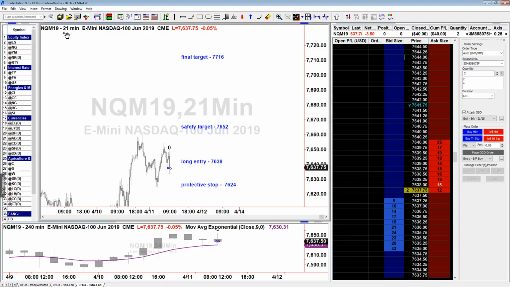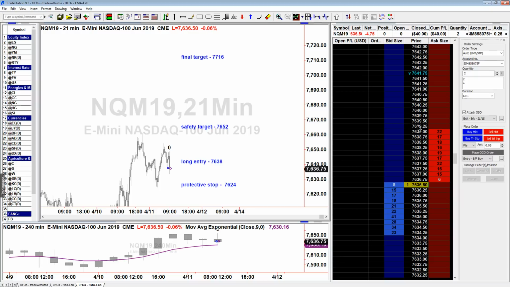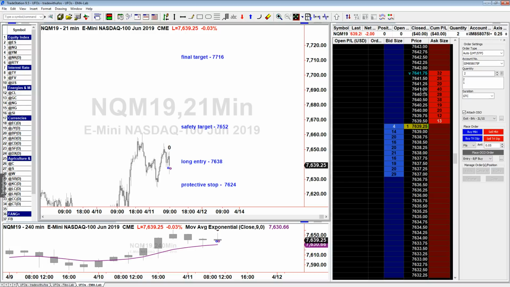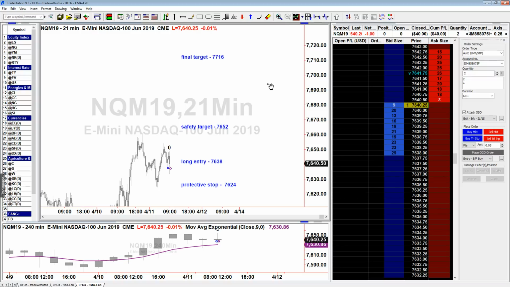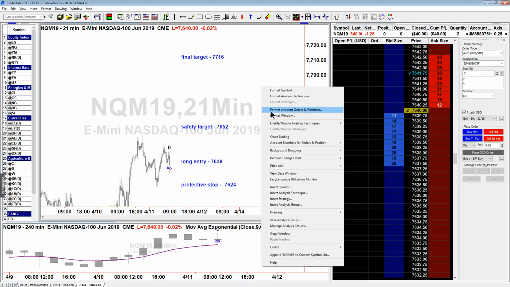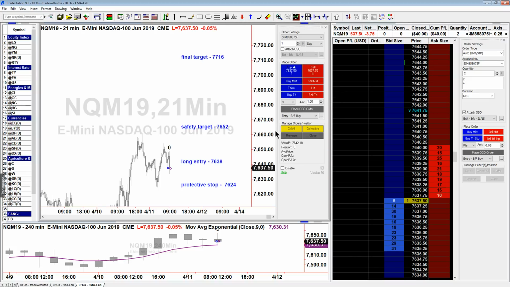Okay, the problem is that since I'm using the 21-minute time frame, the matrix, which is a great tool to execute intraday, especially with the NASDAQ, which is a market where the value is 7,000 plus points, it takes many ticks to get to your target. And therefore, there is a lot of scrolling and a lot of dragging and dropping to be done in that time frame. Okay, if this was crude oil or so on, that would be fine. But with the NASDAQ, I should have right-clicked, enabled chart trading or the order bar, and done the execution from the screen. Because if I had done that, then the execution would have been done properly.